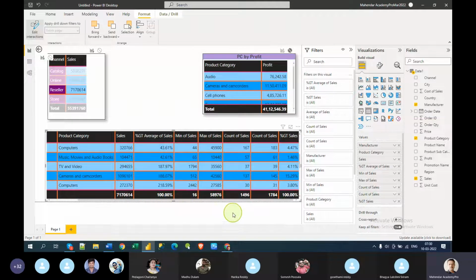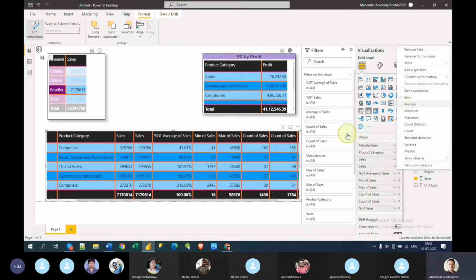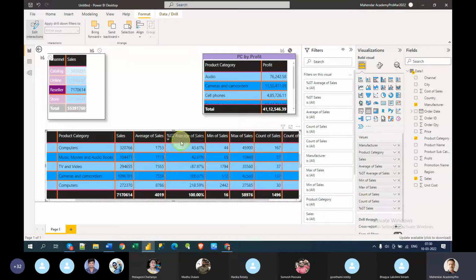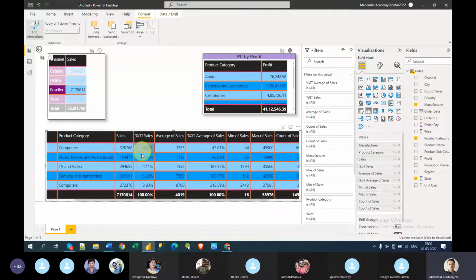So what we have understood is that we can create the aggregate values, we can also make them percentages, and you can add a new column and make the percentage also. See, I want average sales as well as, let me bring this, let me put it here and let me make them average sales. So this will become average, but again that is in the percentage. Total sales again in the percentage. Let's bring this total sales into percentage here. So now you see, sales and then percentage, average sales and percentage, and minimum sales and percentage. You can create like that.